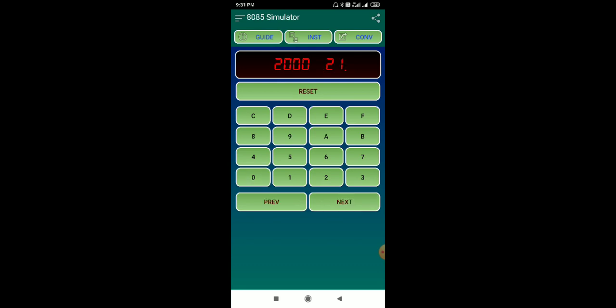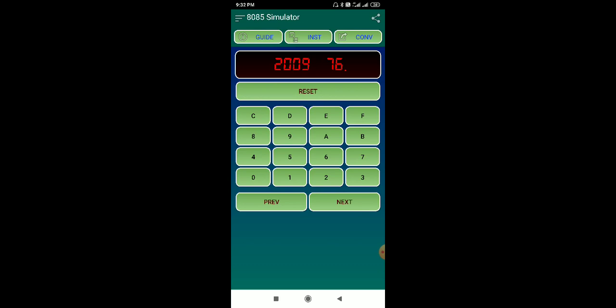Next, first 21, then 30, then 20, then 7E, then 23, then 86, then 32, 20, and again 76. It is the last location, 76.